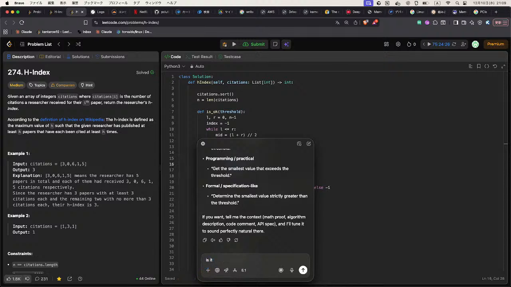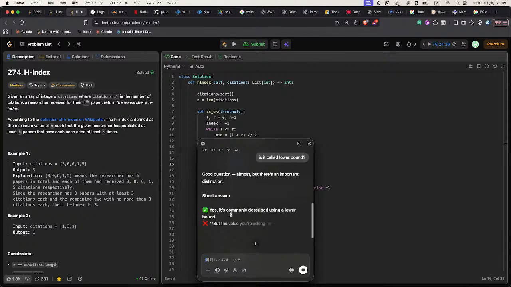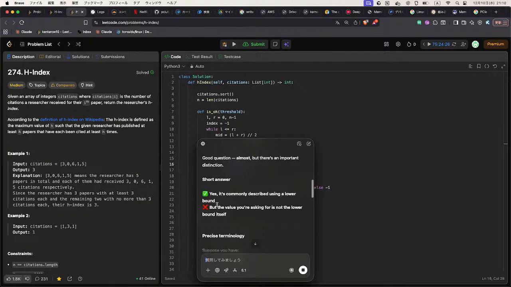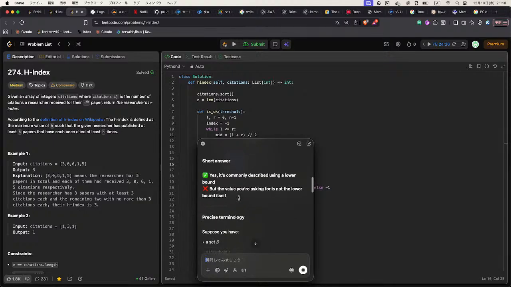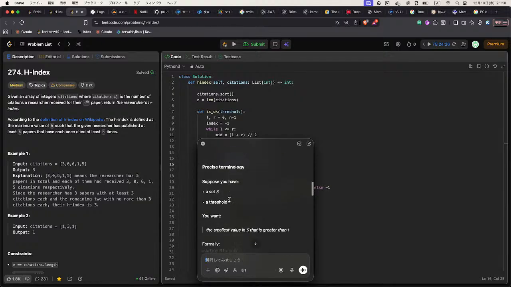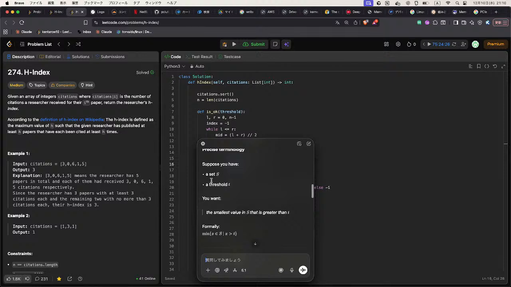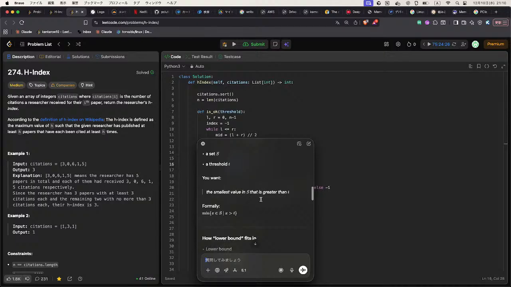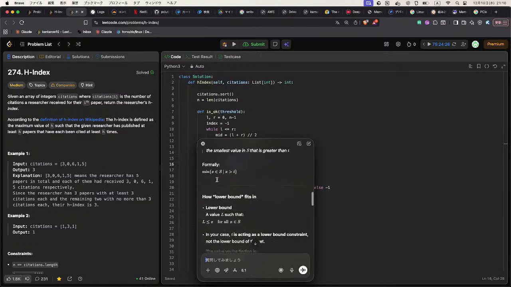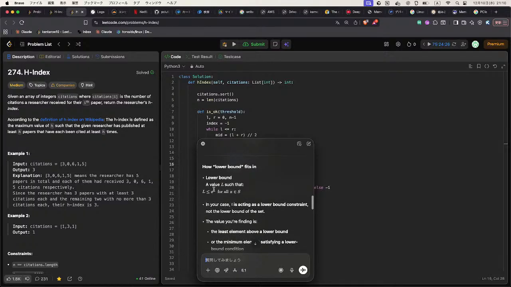Is it called lower bound? Almost, but there is an important distinction. It's commonly described using a lower bound, but the value you are asking for is not the lower bound itself. Precise terminology. Suppose you have a set S and threshold T. I want the smallest value in S that is greater than T. Formally like this, and how the lower bound fits in,